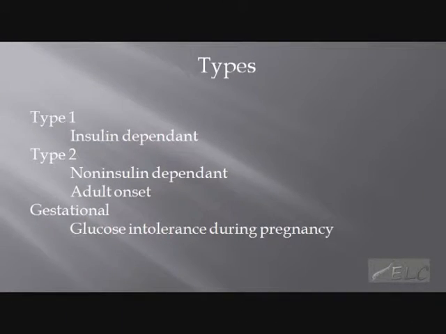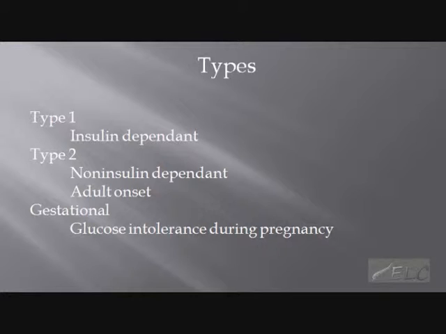So to start, I want to talk about the types. We have three main types. Type 1, which is insulin-dependent diabetes, and we also hear it called juvenile diabetes because babies can get diagnosed with it and people before the age of 20. And type 2 is non-insulin dependent diabetes, or we also hear it called adult onset diabetes. We hear it called this because it has a slow progression, and we usually see people past their 20s and on up in years getting diagnosed with this one.